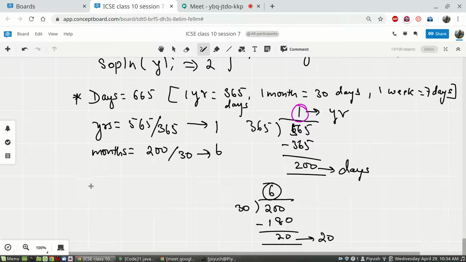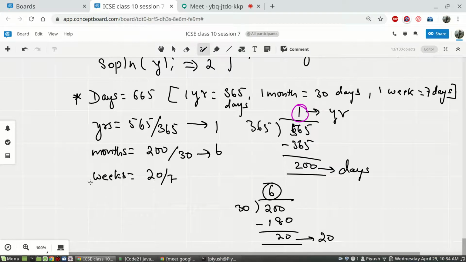Now what can be done? How do you find the week? The number of weeks is equal to, after finding the number of years and number of months, whatever number of days are left, that has to be divided by 7. So 20 by 7. I think, Hashmita, you wrote 4 here for some reason. That will be in your assignment.